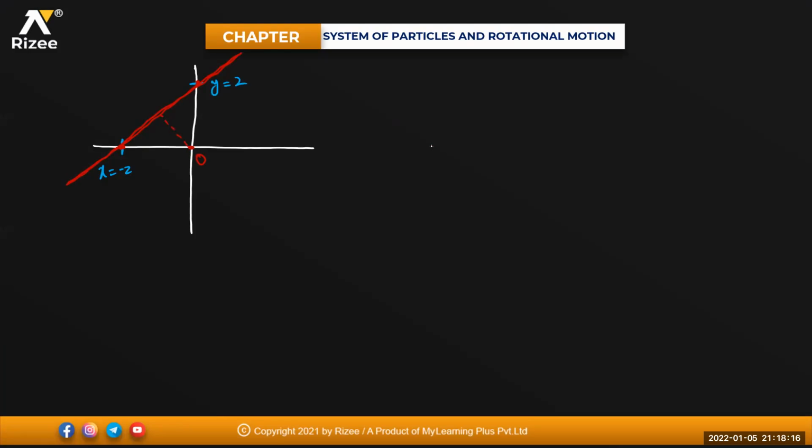Okay, so now the particle is moving along this line. The particle of mass m is moving with velocity v along this line. So this is your y dash, this is your x, this is your y, this is your x dash. This is your particle of mass m moving with the velocity of v. Everyone got it? This is O and this one is your normal. So O to N is the perpendicular distance, and we are asked for angular momentum. L is equal to mv into r perpendicular.